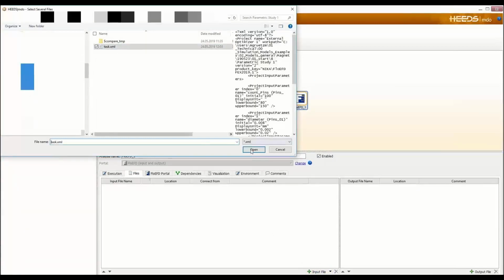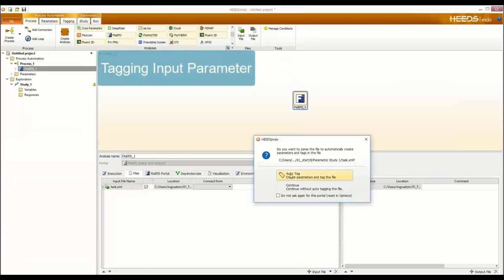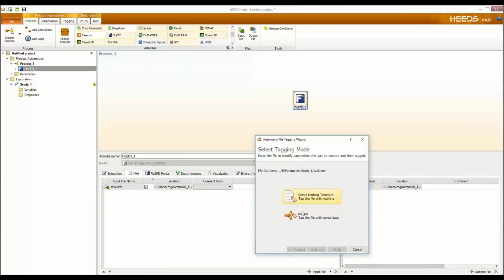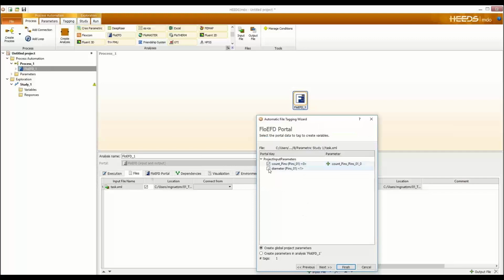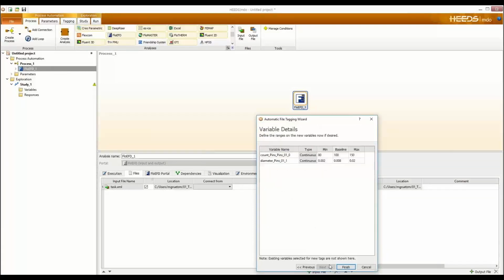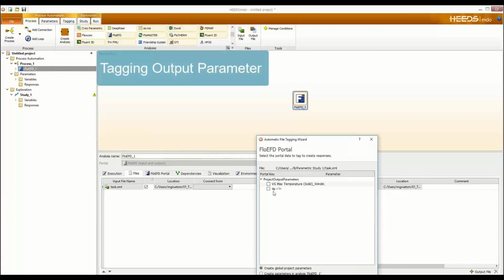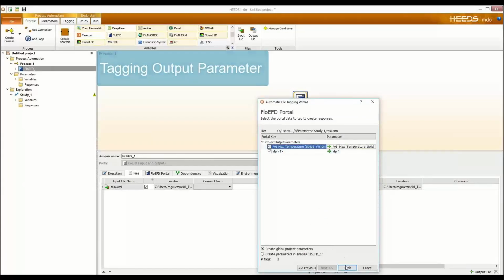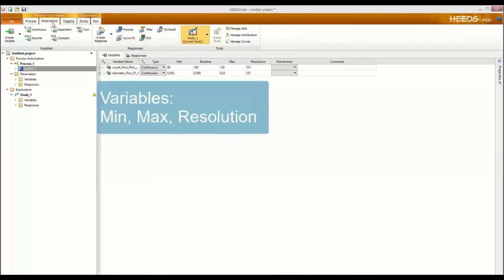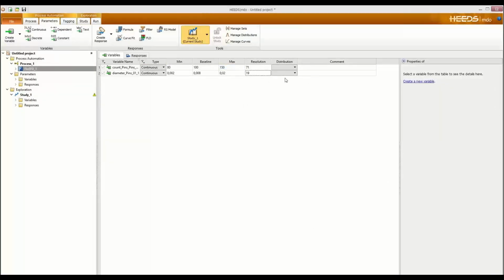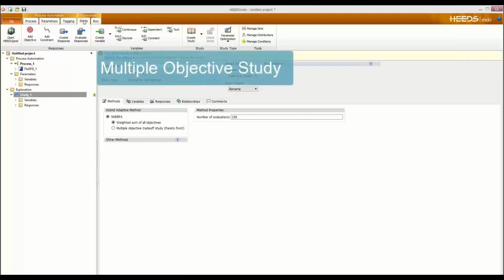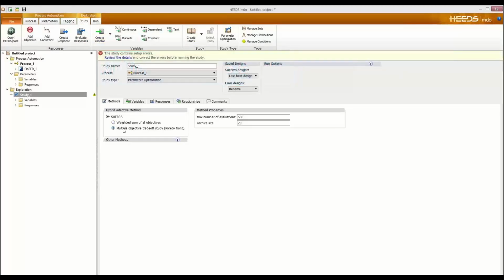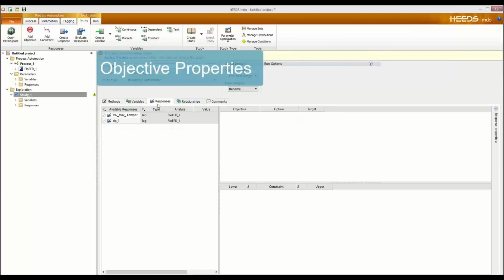So all you have to do now is just import the files from the cooling simulation, and allow the optimizer to auto tag the variables that we're changing, in this case, the pin count and the pin shape, and also assign the expected outputs, the temperature and the pressure drop. And as you can see, the optimizer automatically assigns and tags those inputs, and also the responses, which are the temperature and the pressure drop. And then we're setting the multi-objective trade-off, where we're considering 40 designs just to make it a little bit easier.